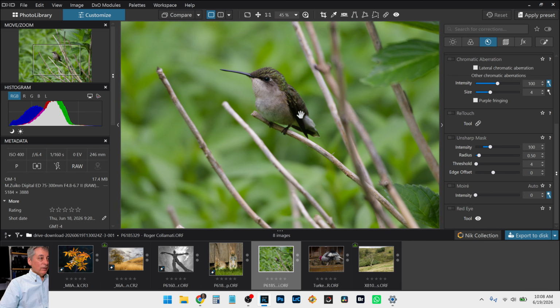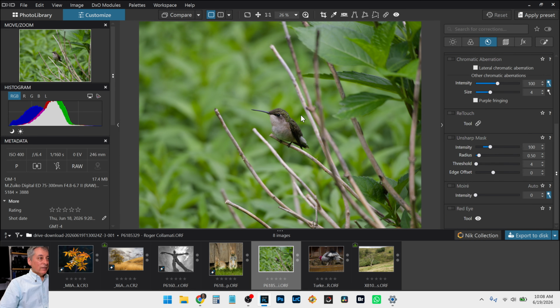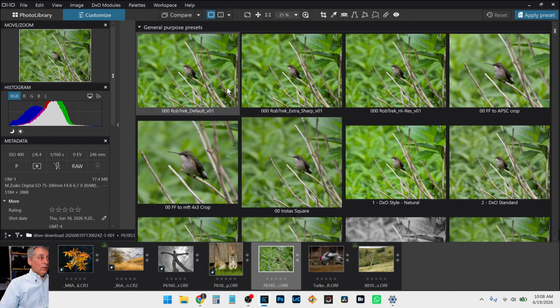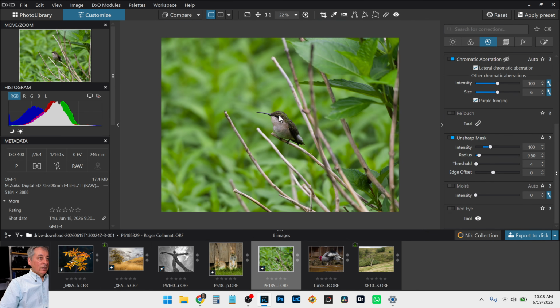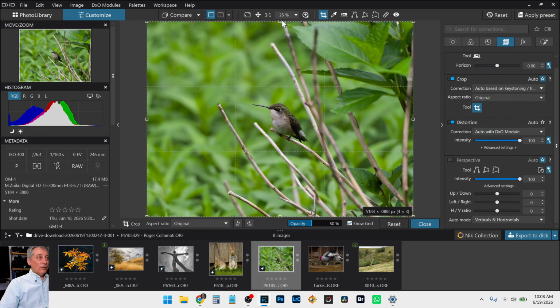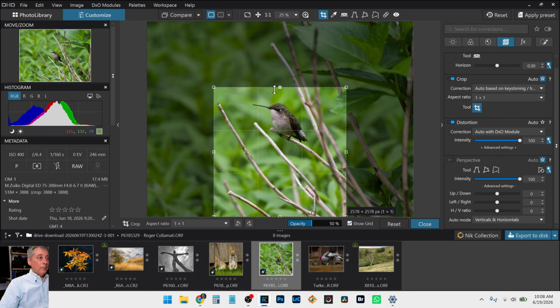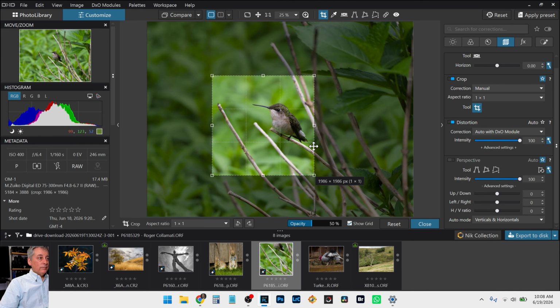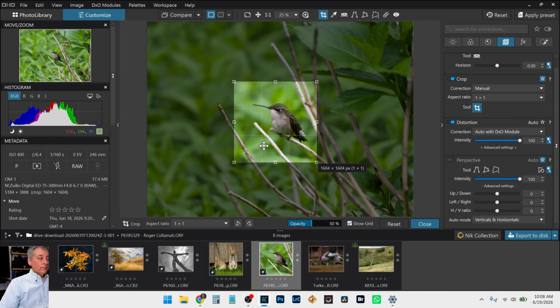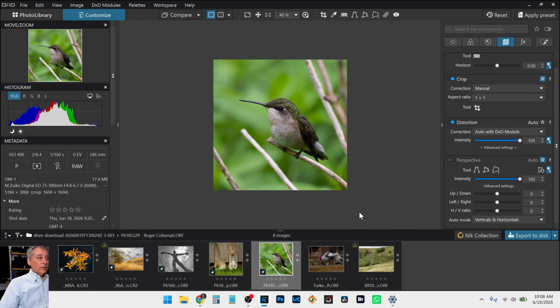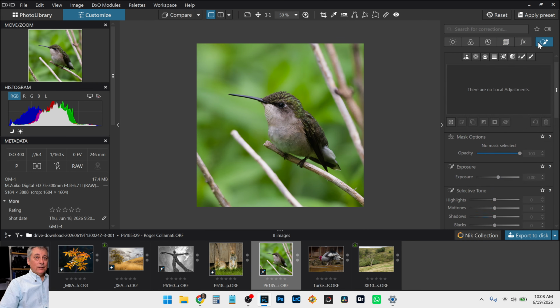All right, a hummingbird. You don't see them landed too often. They don't like to sit on a stick very much. But let's go with a default preset. And we will need to crop in. Let's do a square crop. All right, that looks good. And then let's go ahead and